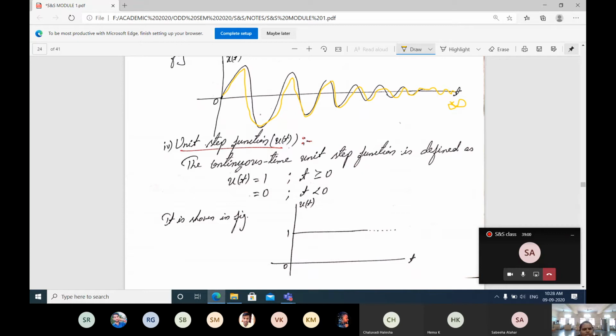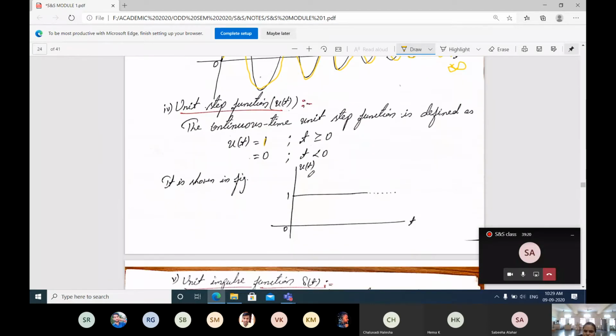Okay, what is the function of this step function? For continuous time, u of t is equal to 1 for all the values where t is greater than or equal to 0, and it will be 0 for t less than 0. Here is the figure shown. Observe here. This is your u of t. This is your time from 0 to all the values whatever I'm going to substitute, till infinity. At the 0th value also you will have the magnitude as 1.